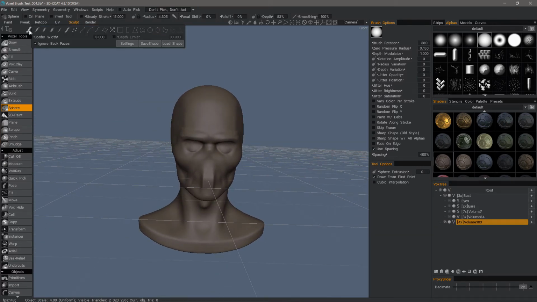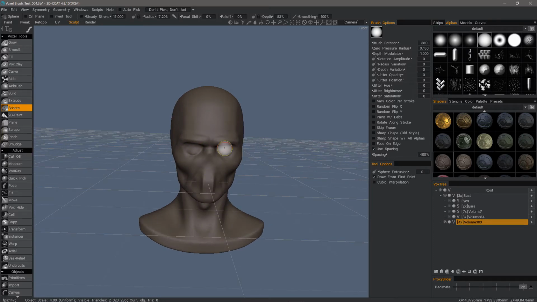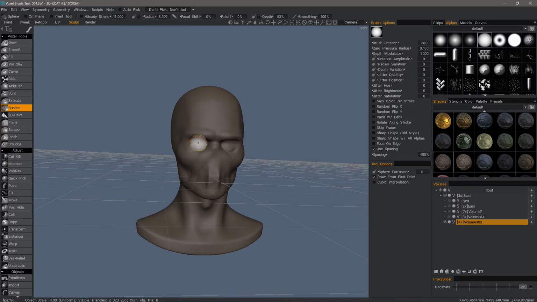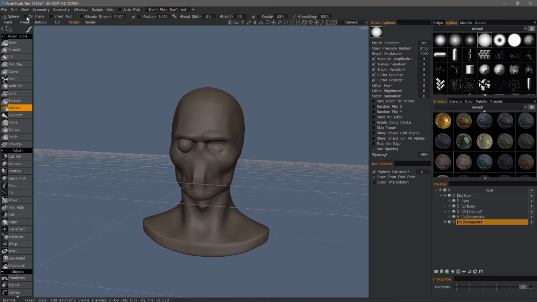One thing it is especially good at is if you want to quickly place things like eyeballs, you can just simply tap and it's going to place its center on the surface of the object that you click on. Even though I'm on a different layer, you can use the on-plane functionality to designate exactly where you want to place this. So without me having to place this and then use the transform tool or the pose tool to move it back further into the eye socket,